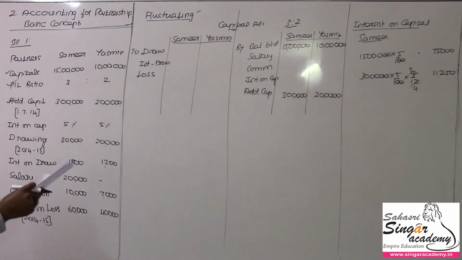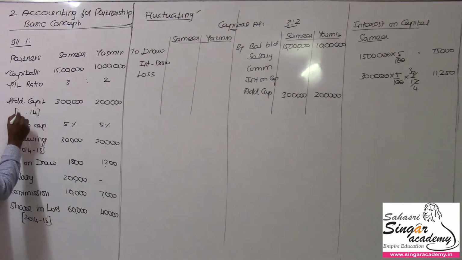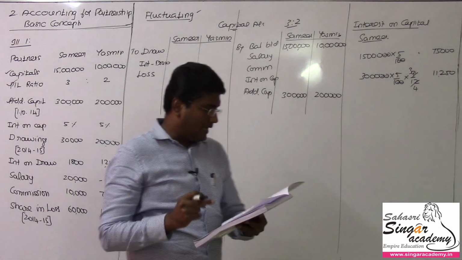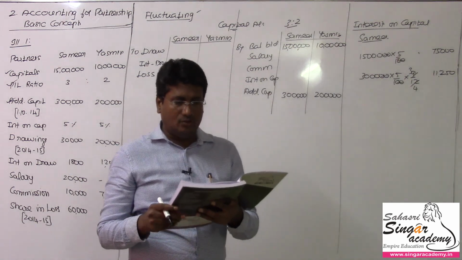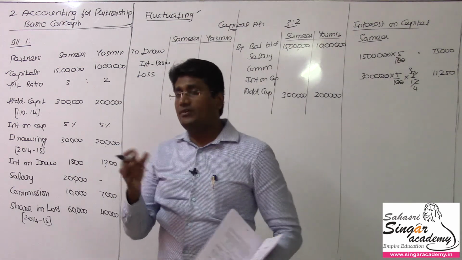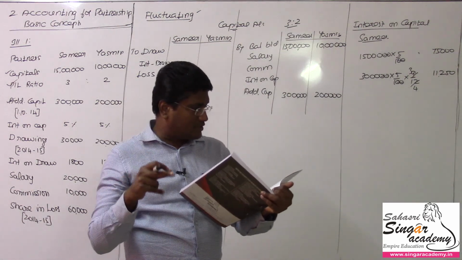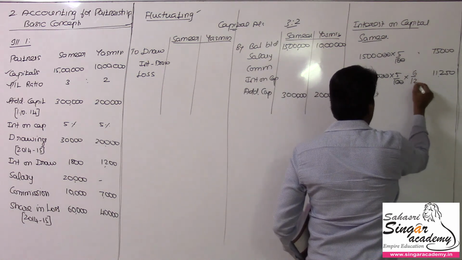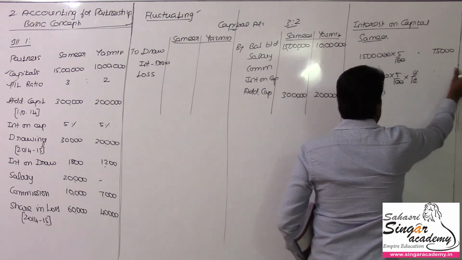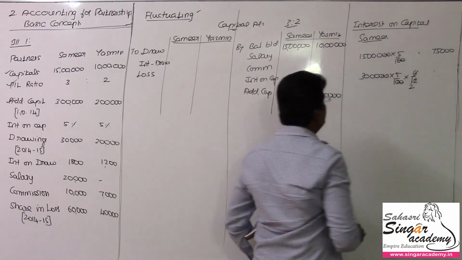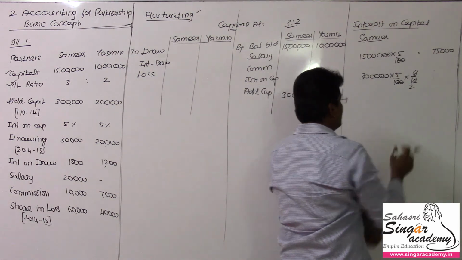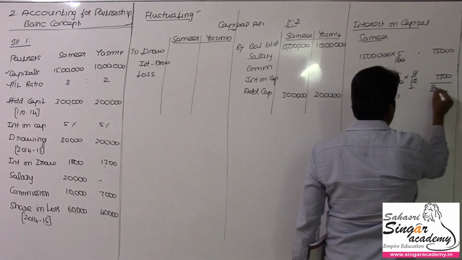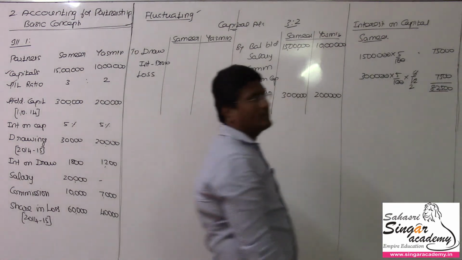They have calculated for 6 months. 6 months is possible only if the additional capital is introduced on 1st October. I will correct that to 1st October rather than 1st July. From 1st October to 31st March of the next year, we have 6 months. I go with the book, so into 6 by 12. So 3 lakhs into 5% into 6 by 12, and the value will be 7,500. I need to go with the book answer, so I corrected the date of additional investment. So 82,500 is the interest on capital for Samir.